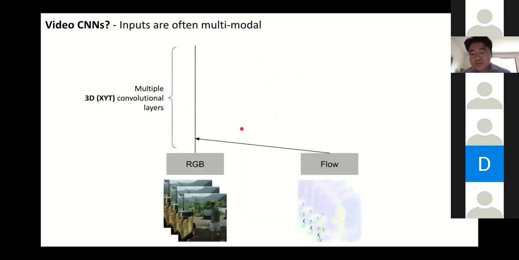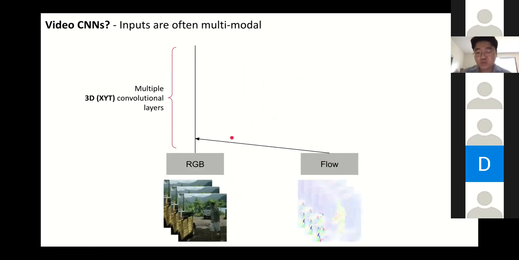And people also found that sometimes it's quite beneficial to take advantage of other input modalities. Optical flow is not, strictly speaking, a different modality because it's derived from RGB. But people also found that explicitly computing the motion information using optical flow and then treating it as another input modality is beneficial.